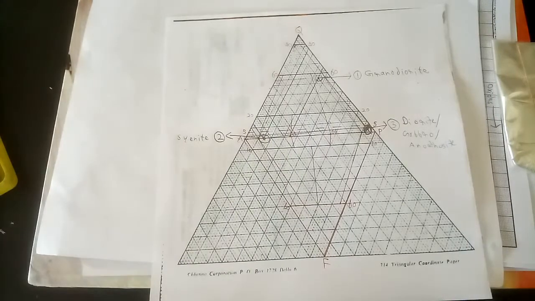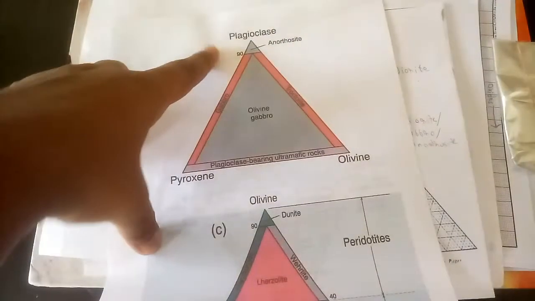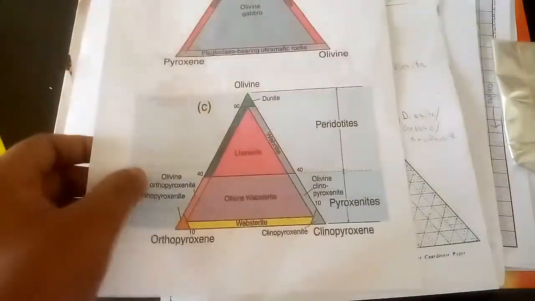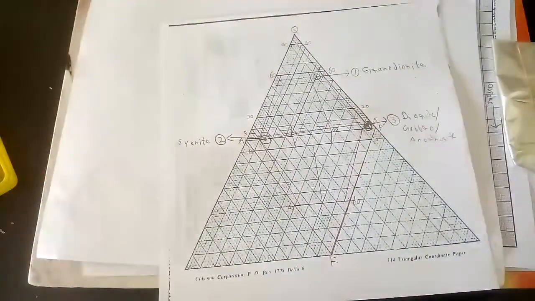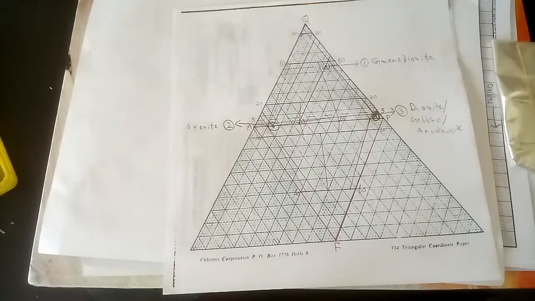So this was the IUGS classification, and in the next I will be telling the classification diagram of plagioclase, pyroxene and olivine, and after that I will be telling this olivine, orthopyroxene and clinopyroxene. If you want to know any other diagram, how to make it and all, I will be explaining them also. But for now, I will be explaining this. So if you want, just comment down, I will make that diagram also. But the basics I have told you how to plot and all, so I think you can now make any IUGS classification diagram easily. So see you in the next class, guys.